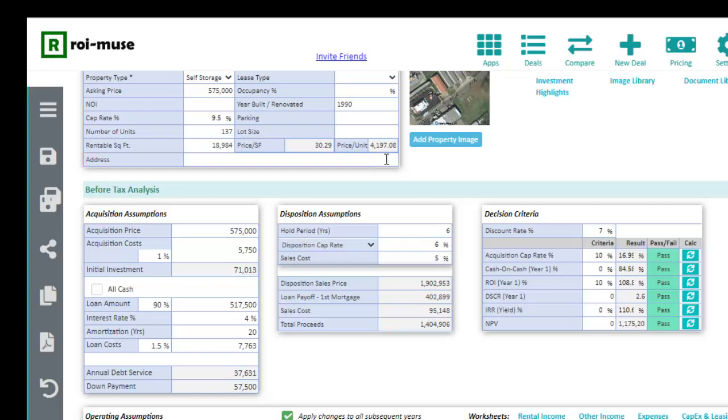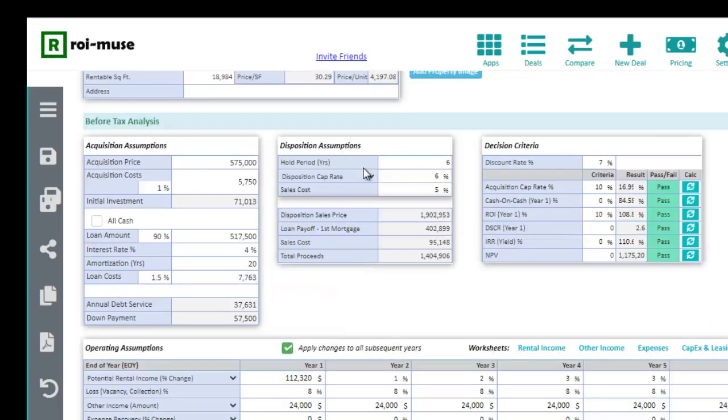But right here is where all this right here affects these numbers down here. So as you can see, the acquisition price is the same as up top, but down here again is where are all the calculations for the numbers and the information below, okay? So right here is the cost. This is what you'll enter into actually acquire the property, the loan amount. So if you're doing a